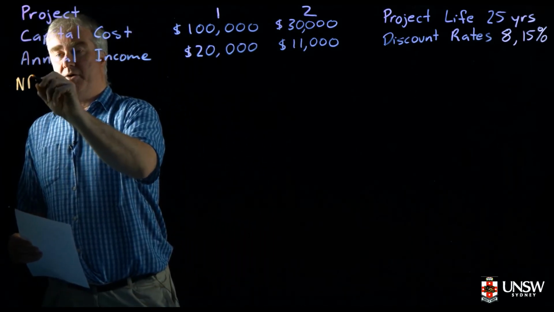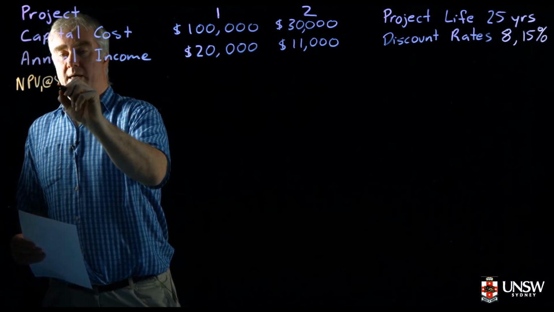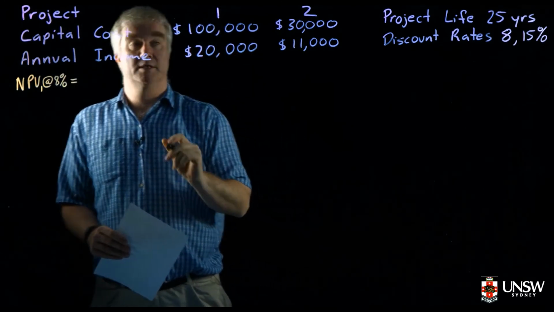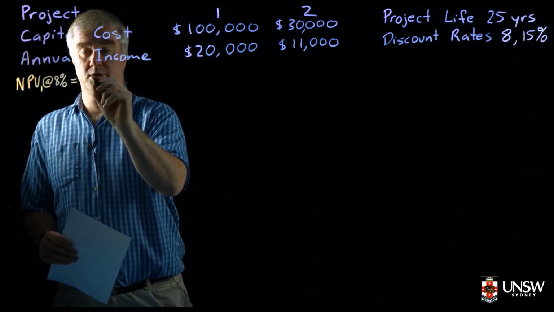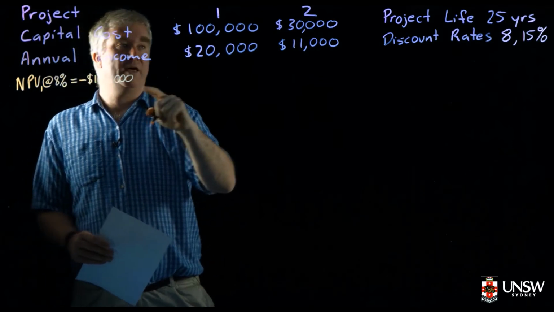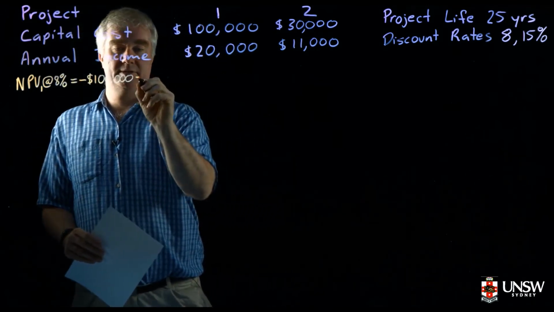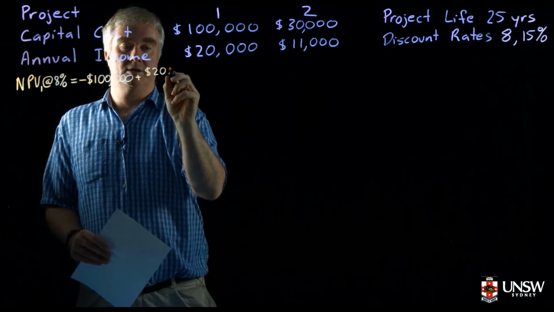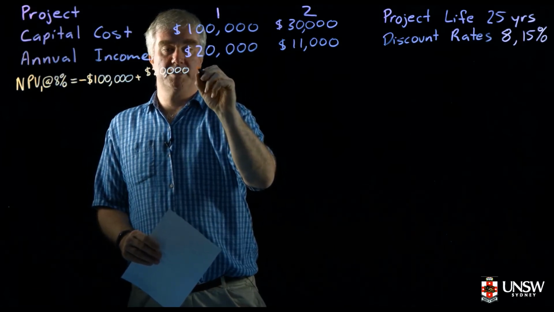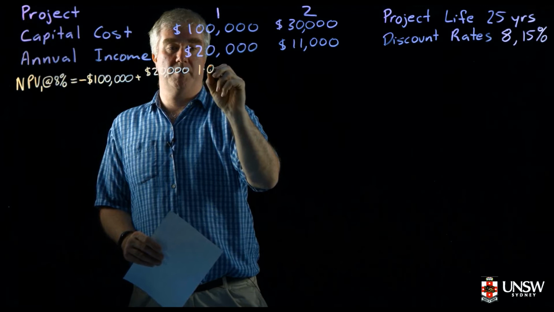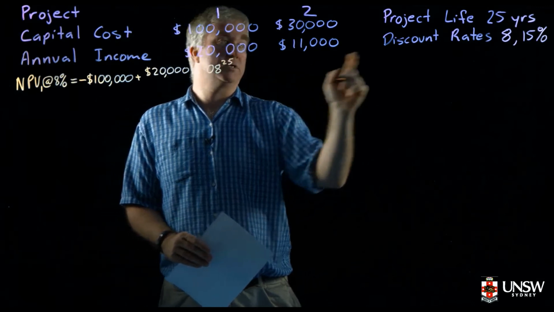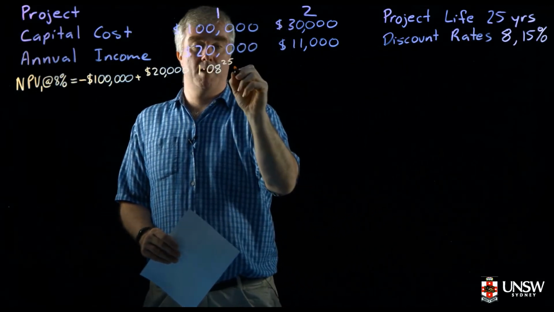So the net present value for project 1 at 8%, well, first of all, we've got the capital cost. So this is already a present value, so that simply becomes minus $100,000. Then we have to add our income. So that's going to be plus $20,000 times the conversion factor, which in this case is going to be 1.08, because we're working on 8% first, to the power of 25, because the project has a life of 25 years, minus 1,